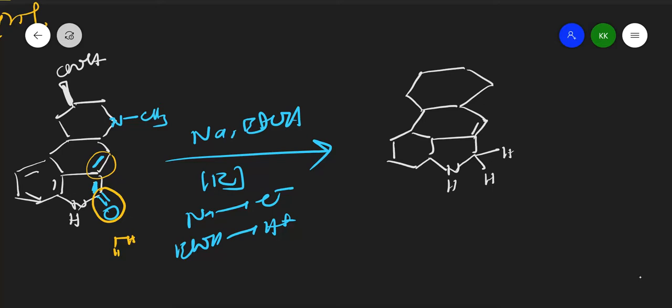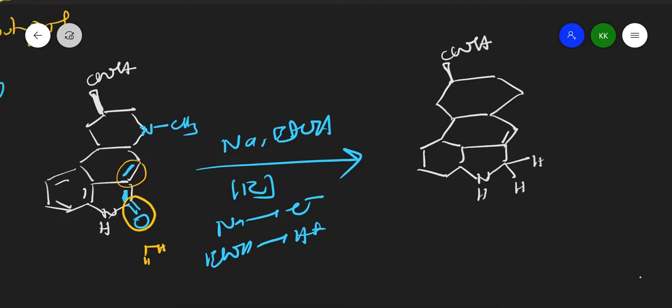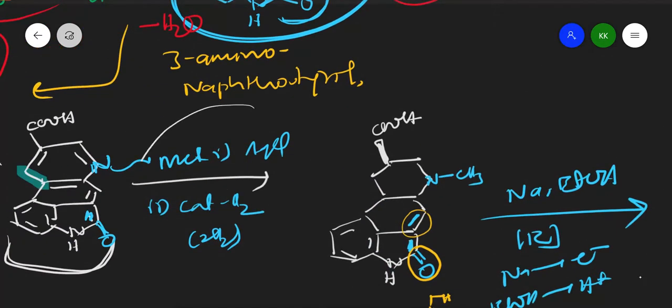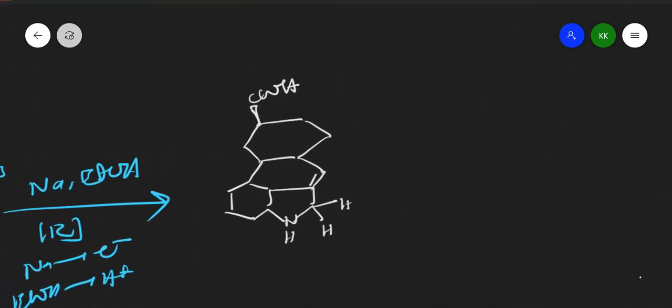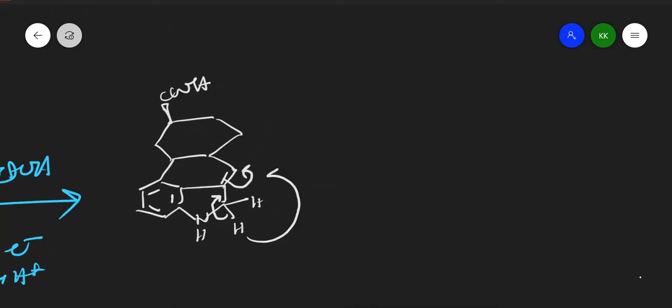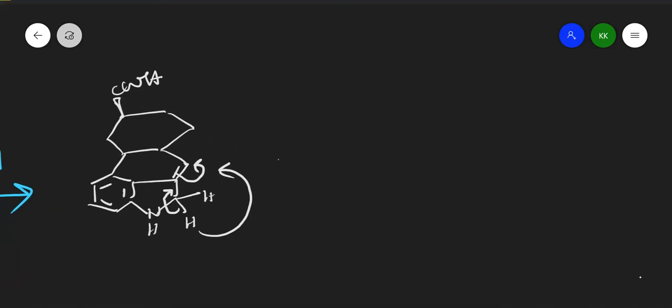and here I have one double bond. Here these double bonds were removed by adding that reducing agent initially, right? So I added this reducing agent, methyl iodide and catalytic hydrogen, and these two double bonds were reduced. Simply we will get these things, right? So we just got this thing, right? Here we have aromatic character, no doubt, right? So here you can see this tautomerism. This electron density comes on that carbon, so this H plus will attack here, right? This is nothing but simple tautomerism, right?